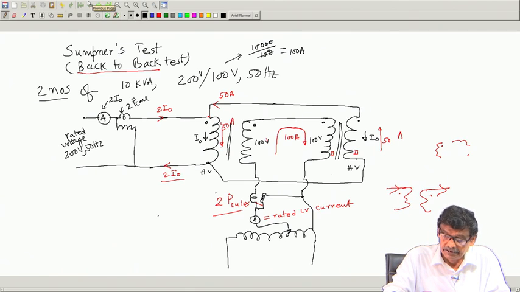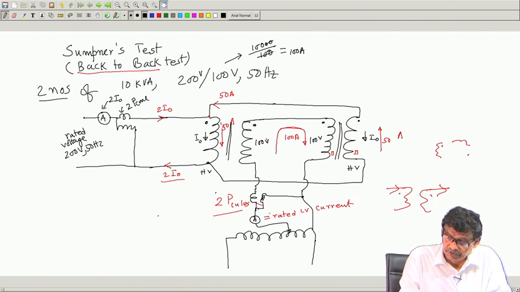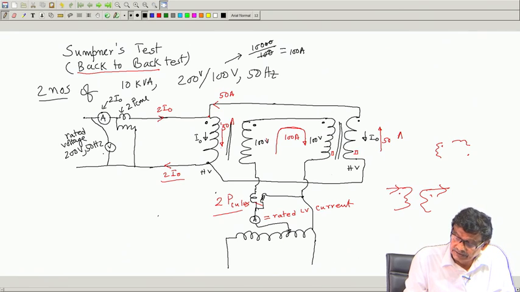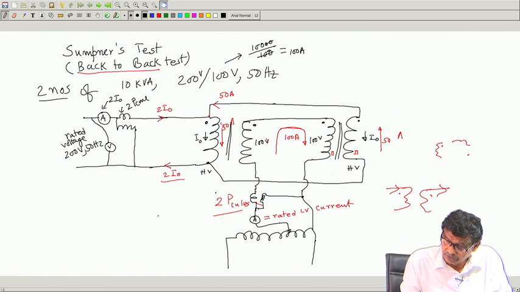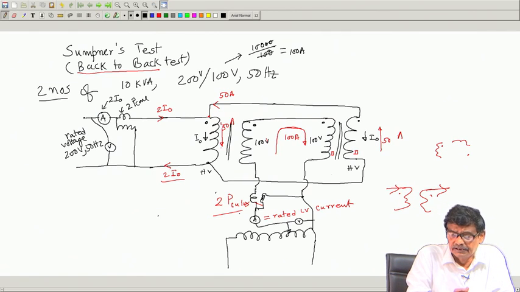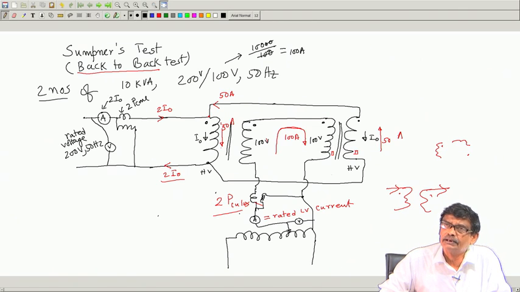Half of that will actually appear if you measure the voltage here. Suppose you connect also a voltmeter, this is the rated voltage. Similarly, here you connect a low range voltmeter. Okay. So, once again you have generated the short circuit test data. One test as if carried out from the HV side in this particular example, another from the LV side, and equivalent circuit parameters once again can be estimated.